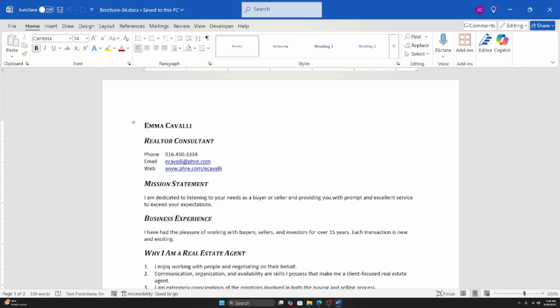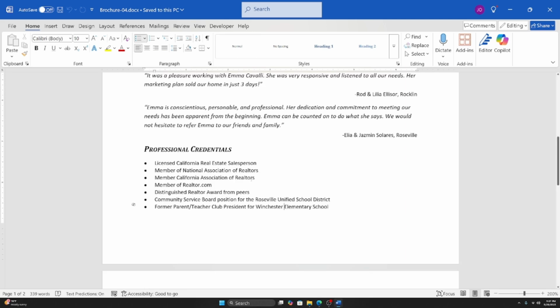It doesn't have to just be instructions or just an essay. Now, usually when we create brochures or flyers, we need graphics and images, which Microsoft Word does provide. So we're going to go over those skills in this demonstration, how to include graphics and how to format the